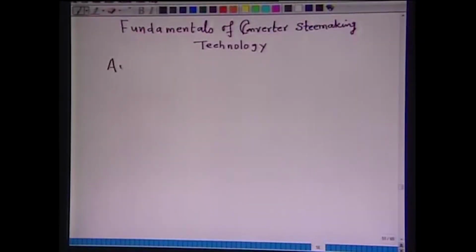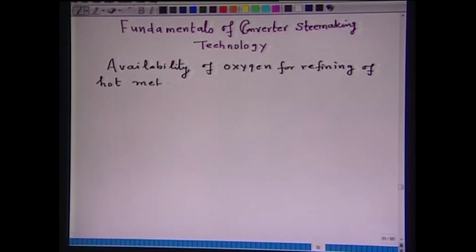Now, it is always a curiosity how this happens. So, I have thought about it, and it is the availability of oxygen for refining of hot metal that is probably the main cause of very small tap to tap time of the order of 60 minutes, and this tap to tap time does not